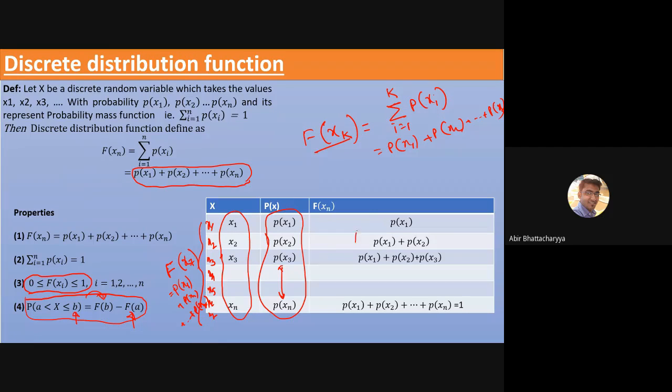Now, this is called the cumulative distribution. What f of b and f of a denote is called the cumulative distribution or discrete distribution function. It's very helpful. Cumulative means the first thing is P of x1, the next thing is P of x1 plus P of x2, the next is P of x1 plus P of x2 plus P of x3. Gradually we are adding one more probability at each layer. That is called the cumulative distribution function. So using it, we can find the probability of some intervals.